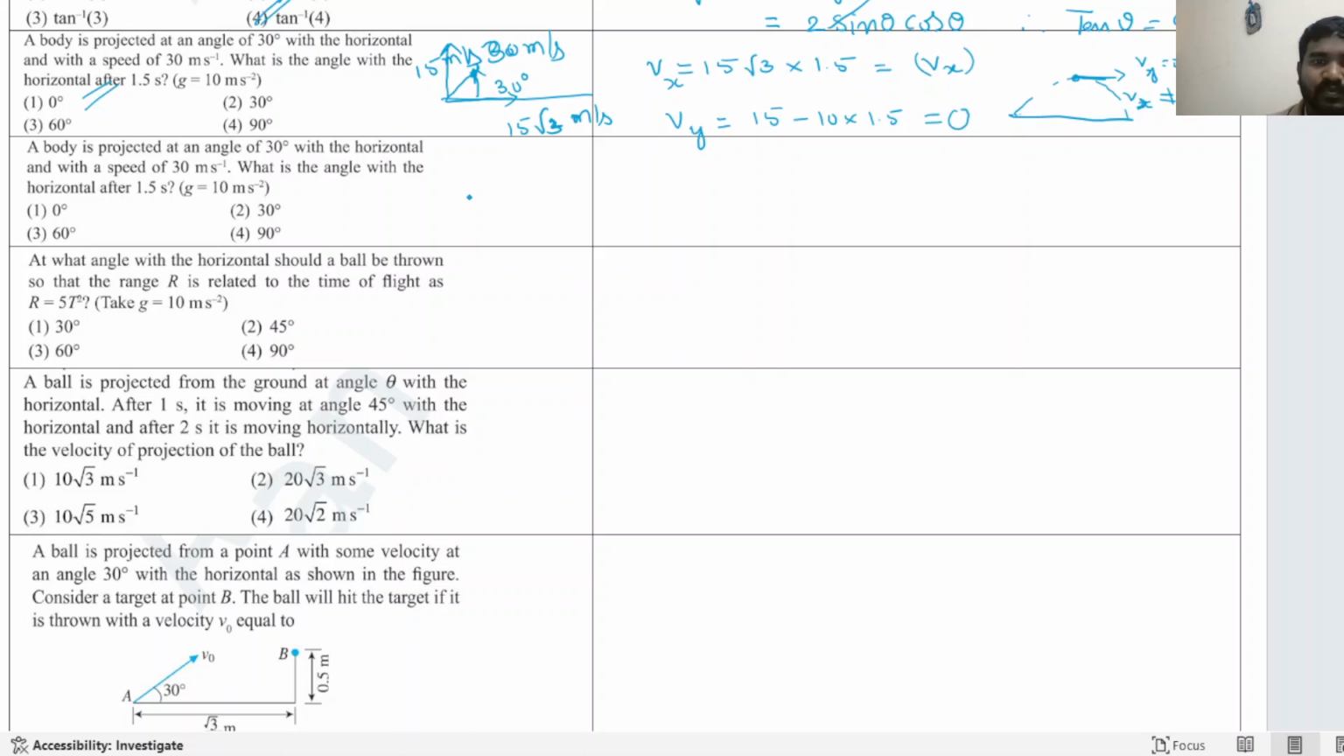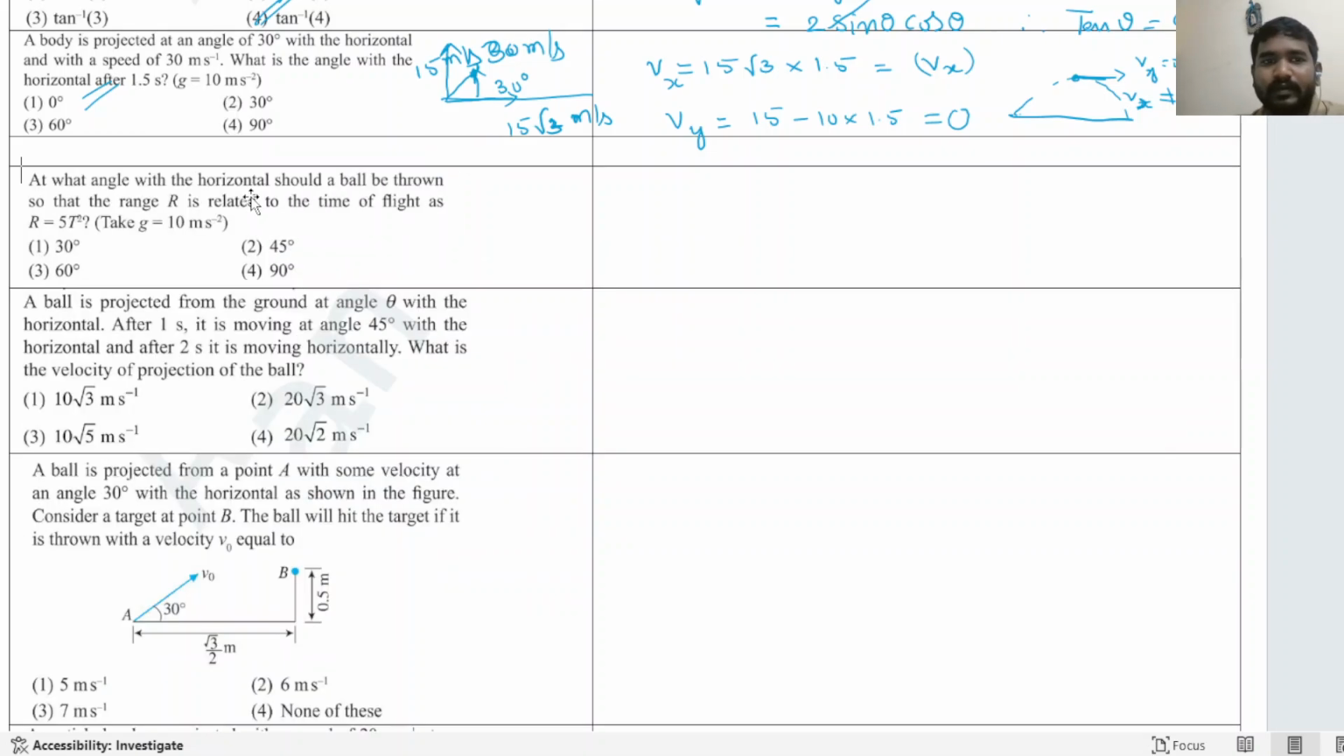Next, a body is projected at an angle of 30 degrees with the horizontal. Next problem. I think it is a repeated problem, but delete it. Next,